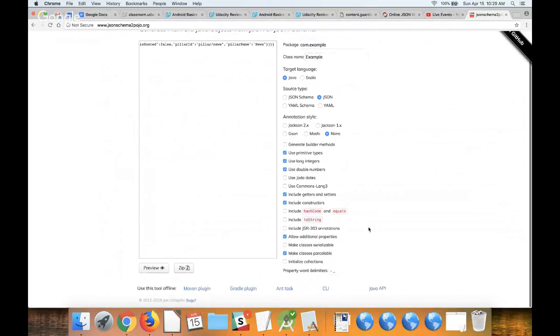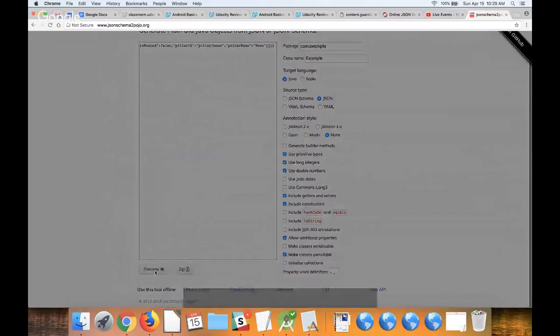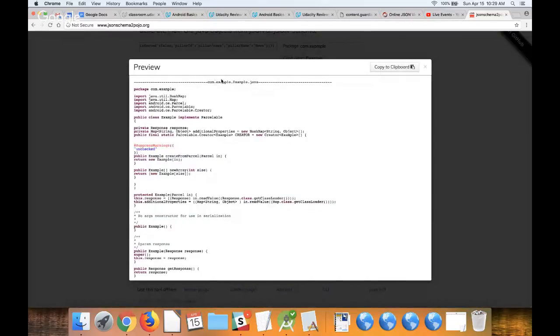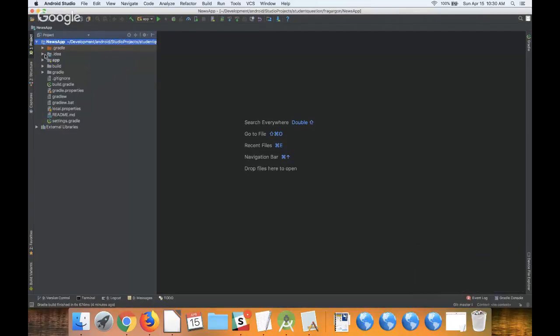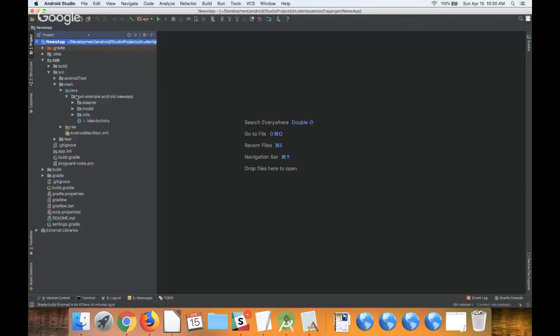Okay. So if I click on this, this is going to generate this code. In this code, you see I have this common example package because it's the one that I have included in the form. But you may want to come to your project, take the package name of your project, whatever it is, and paste it here.